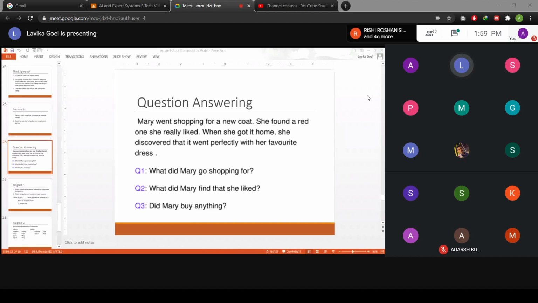I have tried both the internet connections, but today I am explaining to you that the second question is difficult to answer with the program 1. Why? Because you don't have an exact question template which matches question number 2. Fine, because you don't have a question template which has some object inserted between find and that she liked, and also that she liked is not really matching with she found a red one.